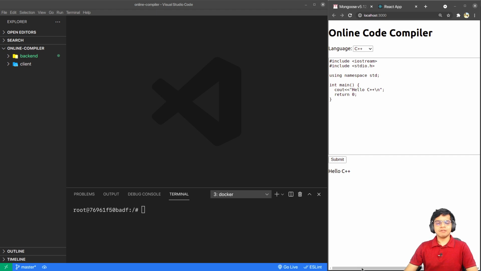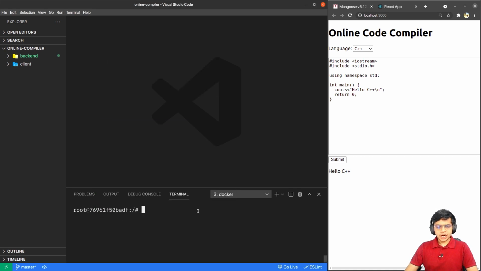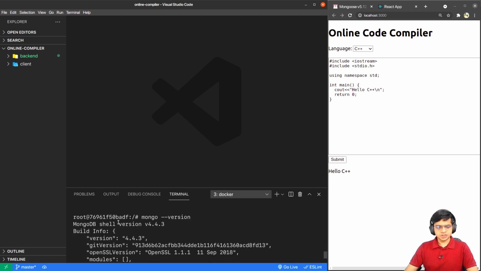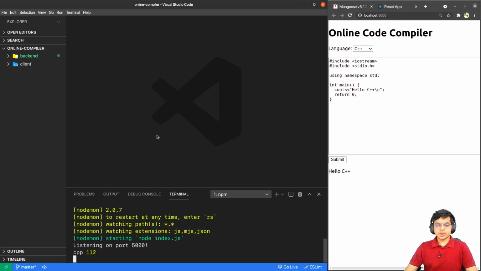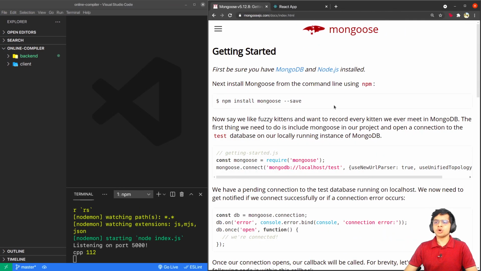Let's implement what we have learned so far. In section 2 of this video, we'll be adding a NoSQL database called MongoDB. Make sure you have MongoDB installed on your system, and you can run a command like mongodb --version, and it will give you the version installed on your computer. To start with this, we'll use a library called Mongoose. If you head over to the documentation, it says that Mongoose is an ORM library that helps you easily communicate with the MongoDB database using your JavaScript code.